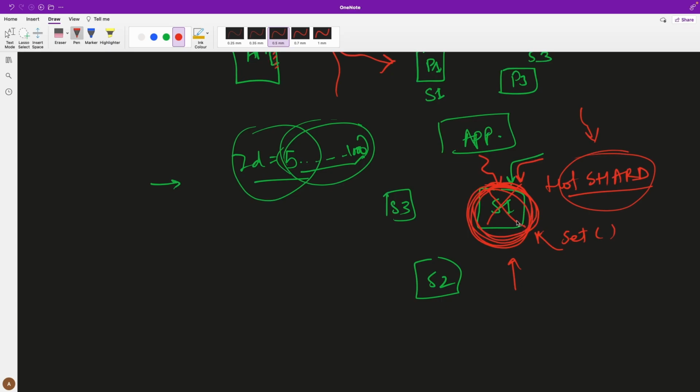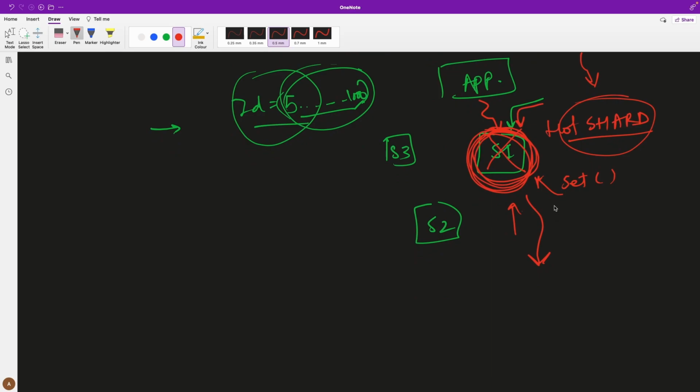And the last one is, let's say your table is becoming huge on a particular shard. Then you have to reshard that shard. Let's say your S1 was holding more and more data, so you shard it again by the same ID, or maybe a different ID, but let's not complicate it for now.